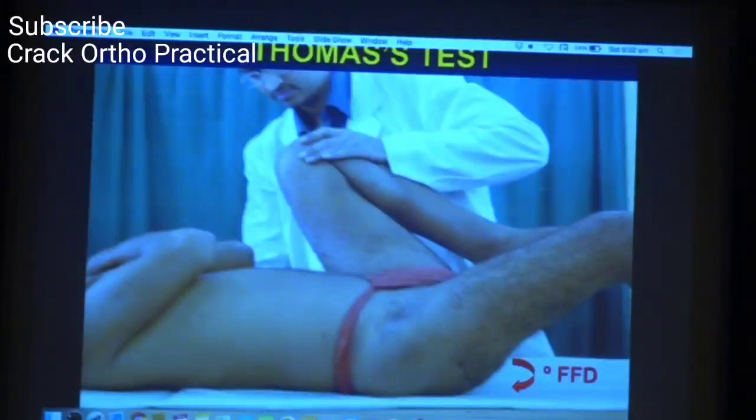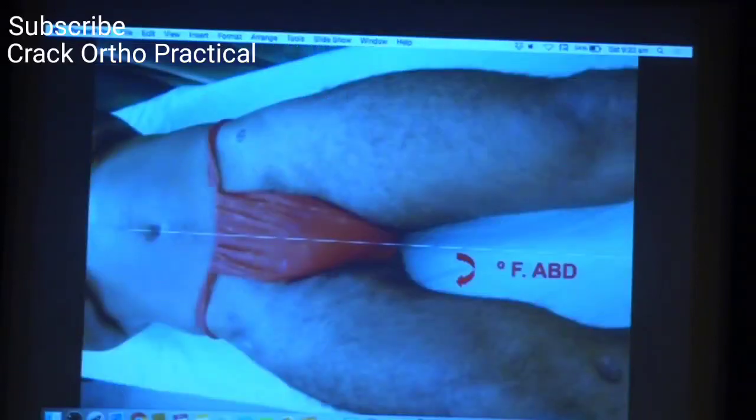We discussed yesterday, place your hand under the exaggerated lumbar lordosis and you flex the thigh and the knee on the unaffected side, on the normal side, till a point when your hand becomes caught between the lumbar spine and the couch. Withdraw the hand, flex the thigh more, to the extent that you can no longer insinuate a hand. And at that point, if you take this angle, the angle between the axis of the thigh and the couch, this is the angle of fixed flexion deformity, which is about 40-45 degrees in this particular patient.